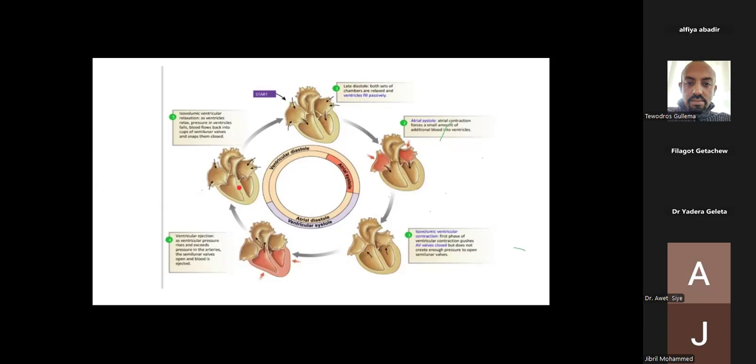So as the relaxation continues in the ventricle, the atrium also continues filling with blood. Now, after some time, pressure is higher in the atrial system as compared with the ventricle, because of relaxation of the ventricle. Now there is opening of the AV valve. Then there is high pressure, high blood in the atrial system as compared with the ventricle. So blood ምን, by flow. That's called the rapid ventricular filling phase.